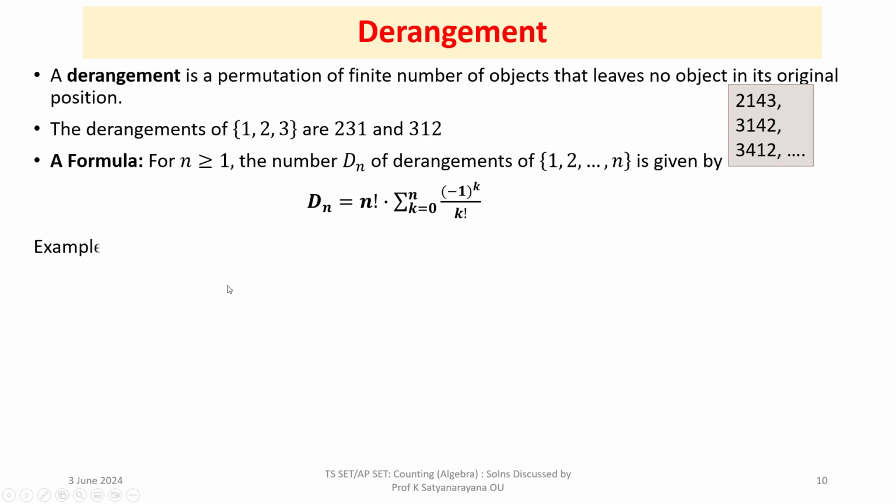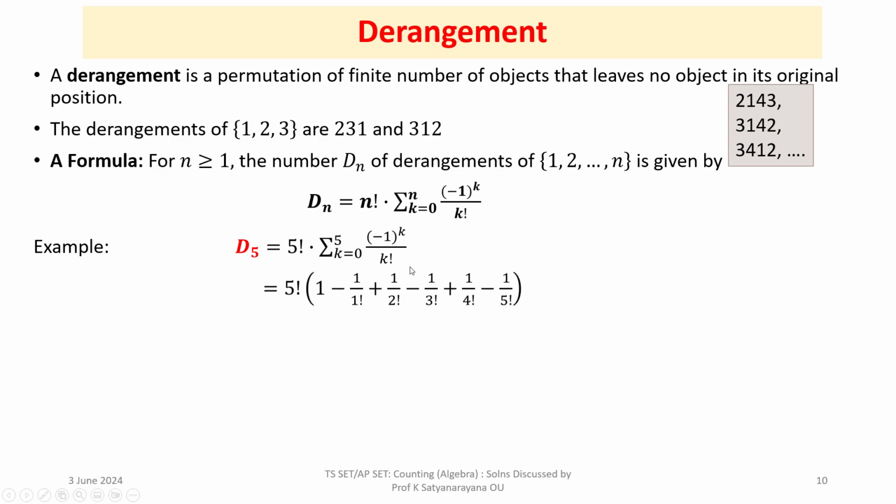As an example, I will calculate D5. So D5 will be equal to 5 factorial into sigma k equals 0 to 5 of minus 1 to the power of k by k factorial. Expand this: 5 factorial into 1 minus 1 by 1 factorial plus 1 by 2 factorial minus 1 by 3 factorial plus 1 by 4 factorial minus 1 by 5 factorial. The 1 minus 1 by 1 factorial cancels, and you will have 1 by 2 factorial minus 1 by 3 factorial plus 1 by 4 factorial minus 1 by 5 factorial multiplied by 5 factorial, and you have to simplify. Taking the LCM as 5 factorial,